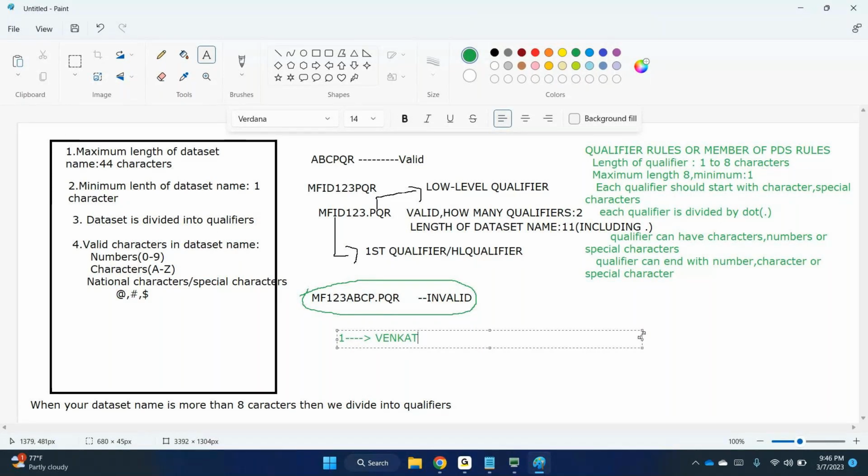See, your data set name need not start with your mainframe ID. Generally we do it like that, but it is not a rule. Number one: Venkat.A.B.C.D. Number two: Venkat.B.cust.data. Number three: